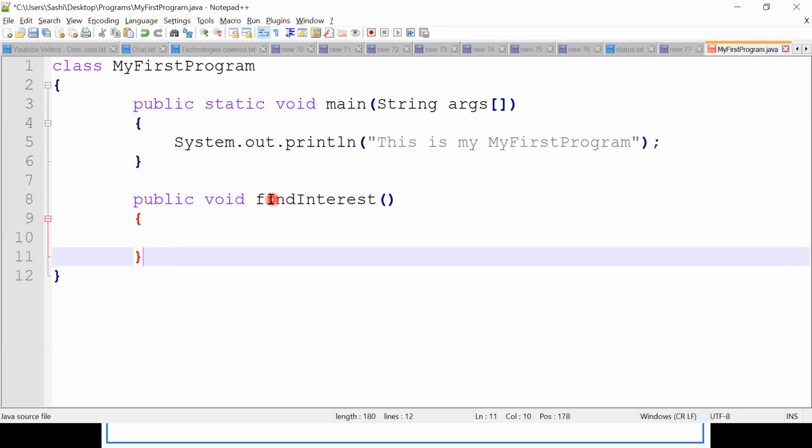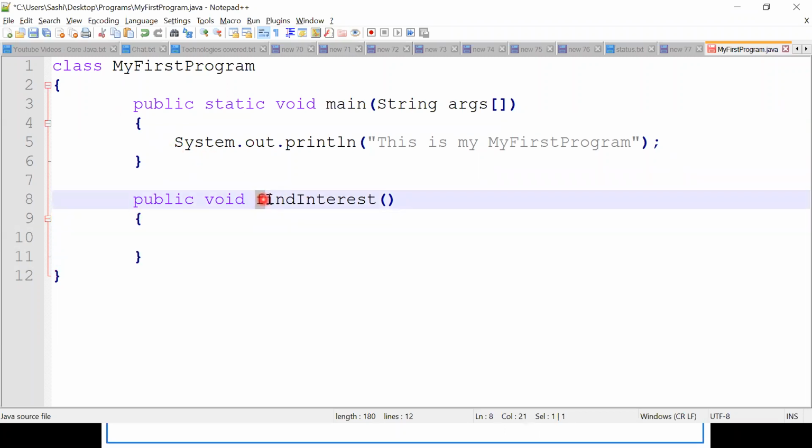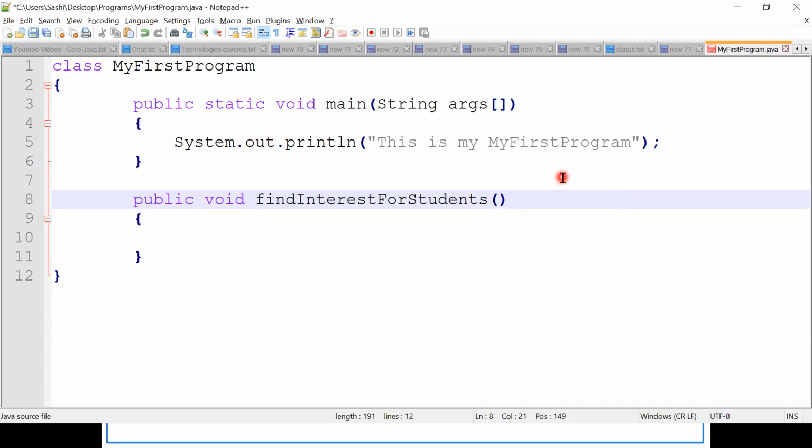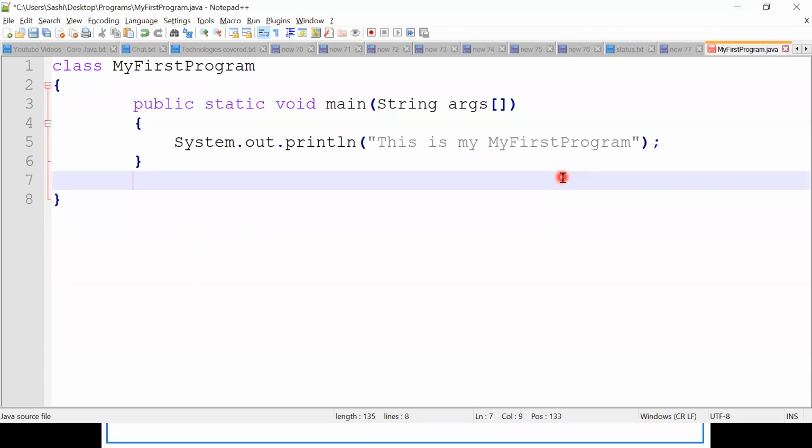You observe here, method name is started with lowercase. Each and every new word should go for uppercase. How we have done class name, right? Same way. Suppose like for students, something like this. Each and every new word should start with uppercase. That is called camel case. Camel will be starting low, head will be lower. So method name should start with lowercase and it should follow the camel case.